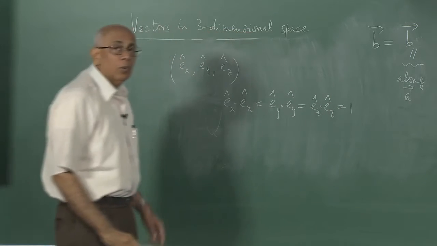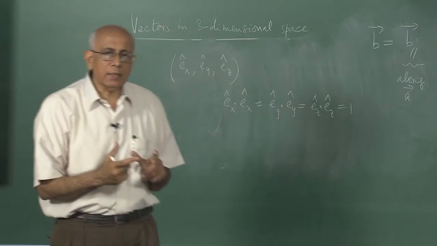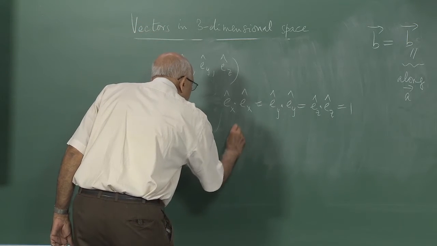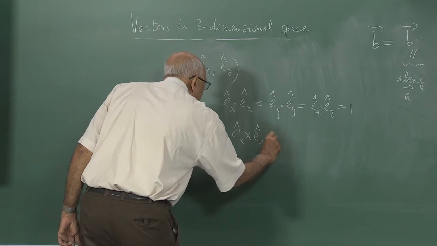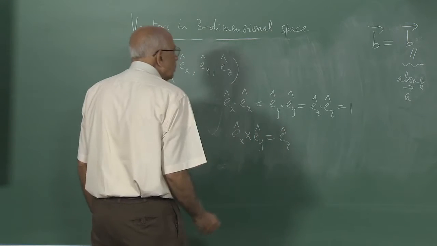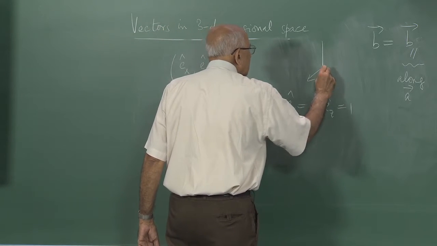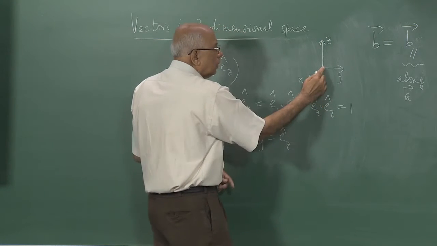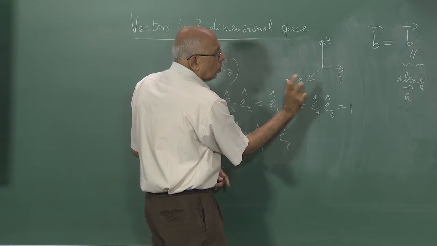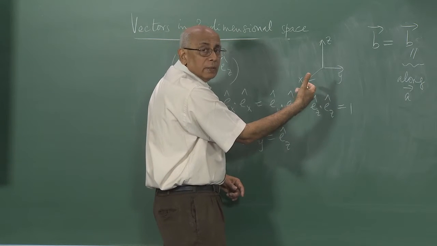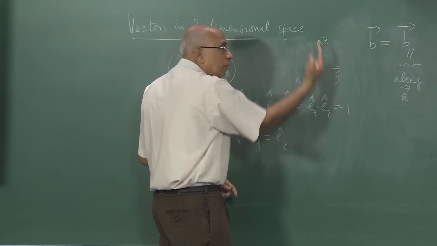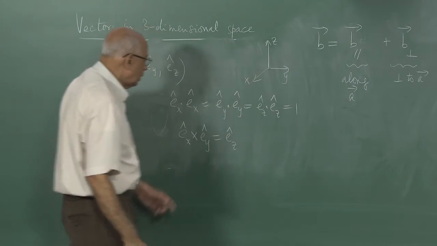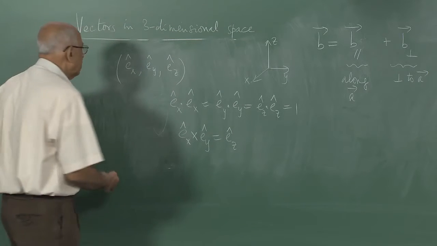1, and moreover they formed what is called a right-handed system of unit vectors, in the sense that Ex cross Ey is equal to Ez, which says that here is x, here is y, here is z. So if you took the unit vector in this direction and you rotated it through 90 degrees up to Ey, then the screwdriver, a right-handed screwdriver, would move in the direction of Ez. So that is a right-handed coordinate system. This forms a right-handed triad